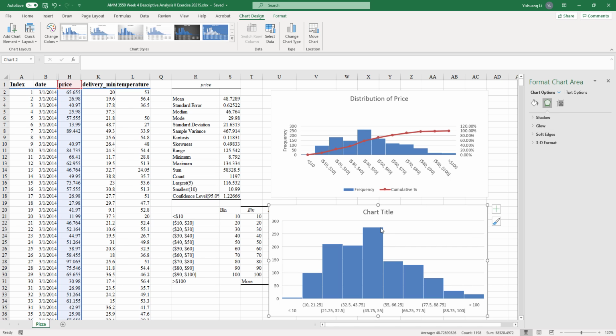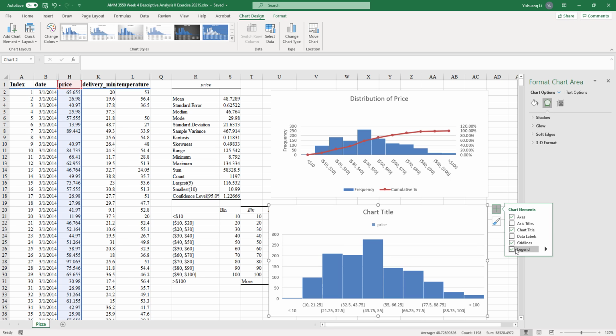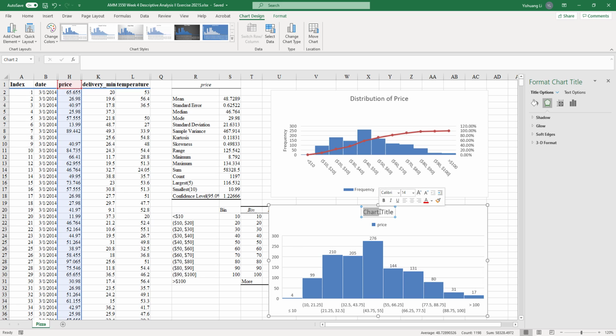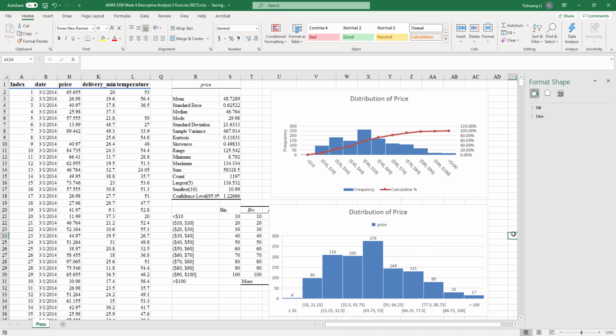And we can further specify the title and add a legend. Maybe add labels if we want. And change the title to distribution of price again. That completes the